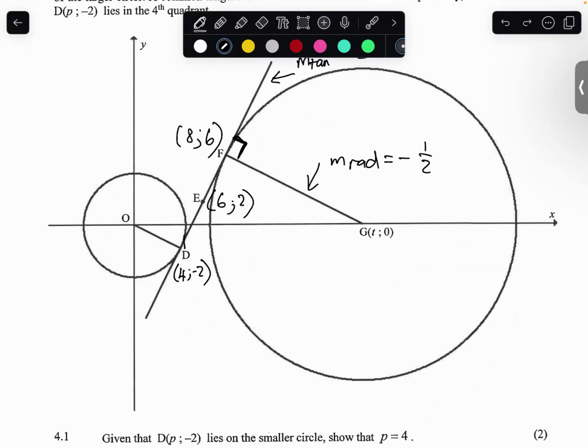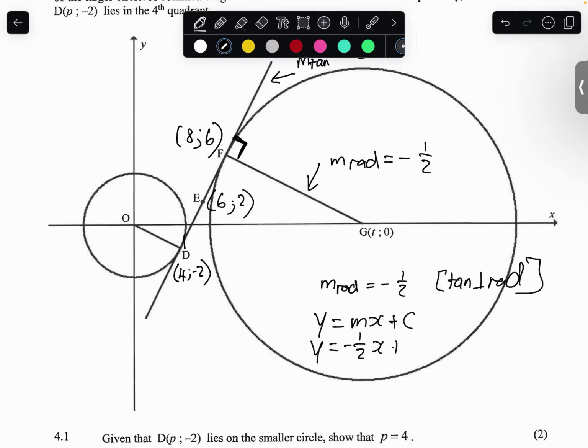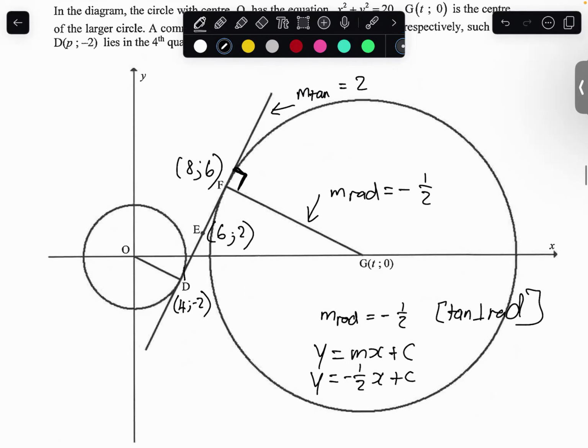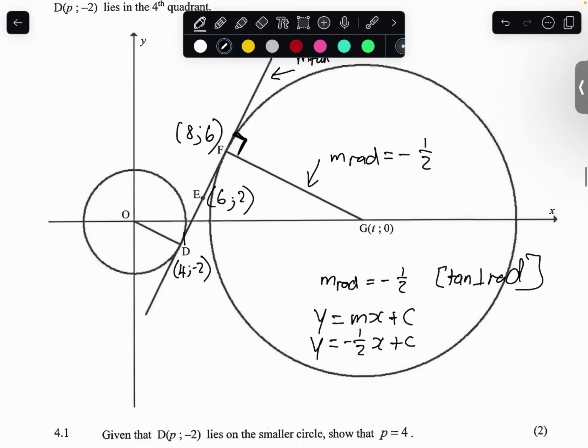So that's what I'm first going to say. I'm going to say gradient of the radius is minus a half because tangent is perpendicular to radius. Give the Euclidean geometry reason. And then you're going y is equal to mx plus c. Your m is minus a half, x plus c. You're going to use any set of coordinates. I'm going to use (8, 6)